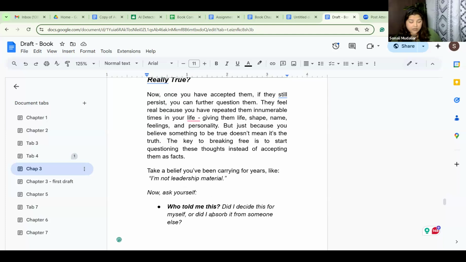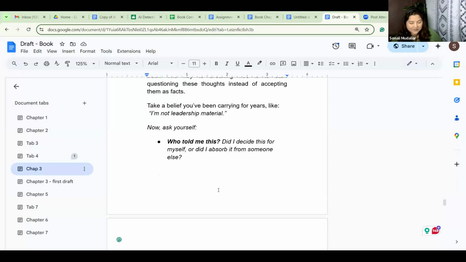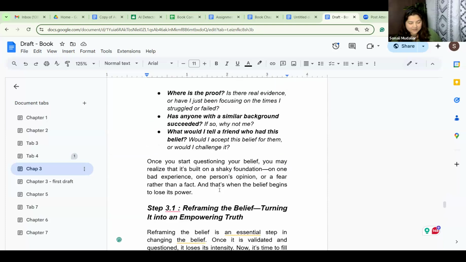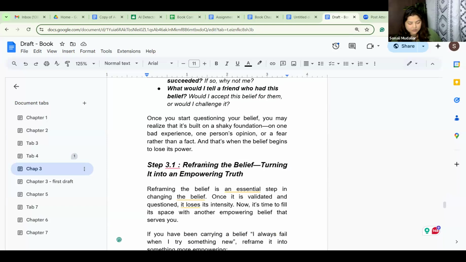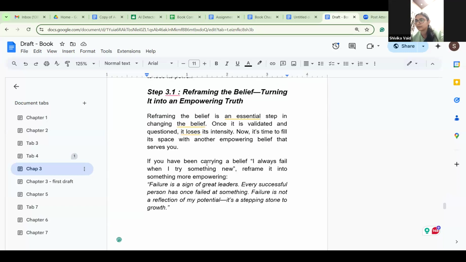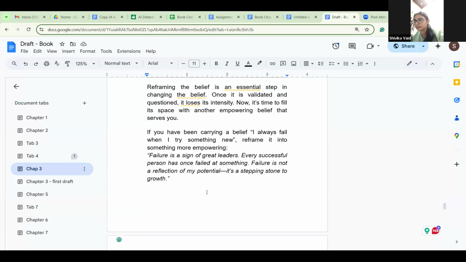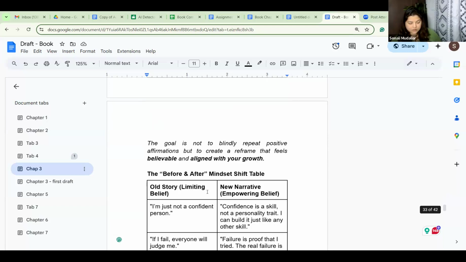It naturally came to me like, wow, who told me this? I didn't even bother to check in my case. Okay, go down. Okay, scroll down.